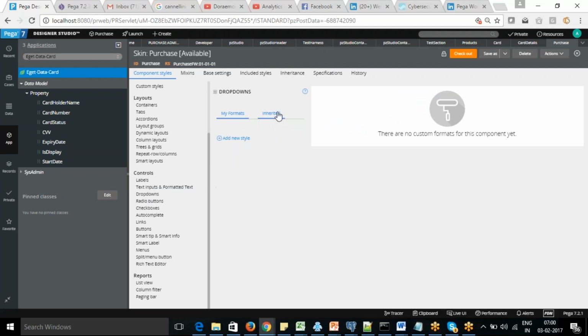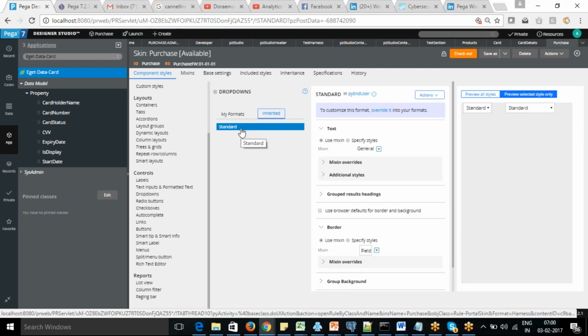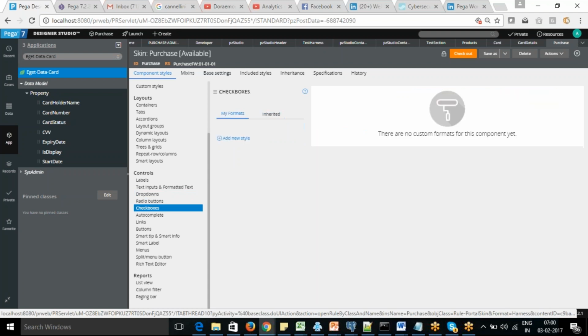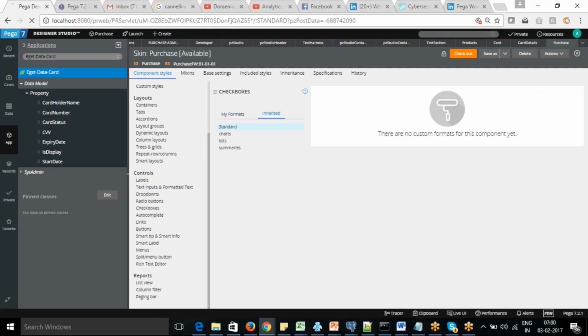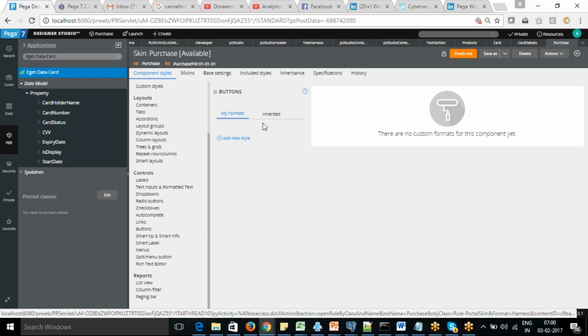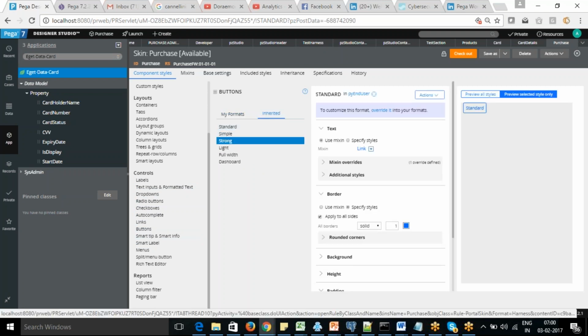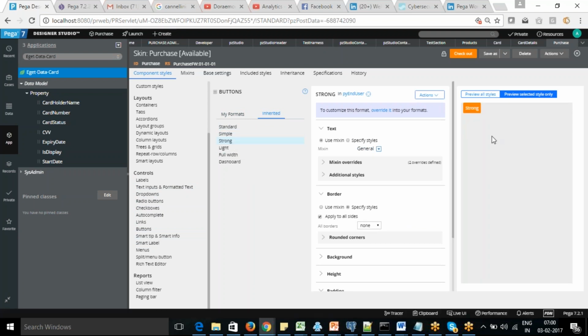So this is the drop down. The only thing is standard is there. For checkbox, you will see horizontal, vertical, how you want to display your checkboxes, radio buttons. In button you have smart, and how strong will be displayed in a different color. This is the strong.